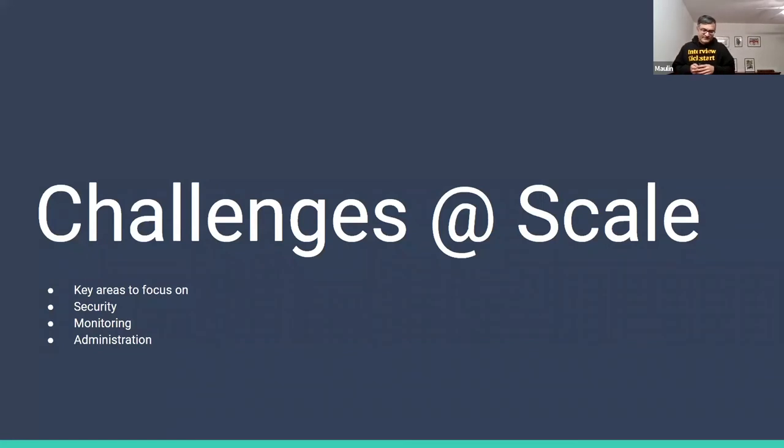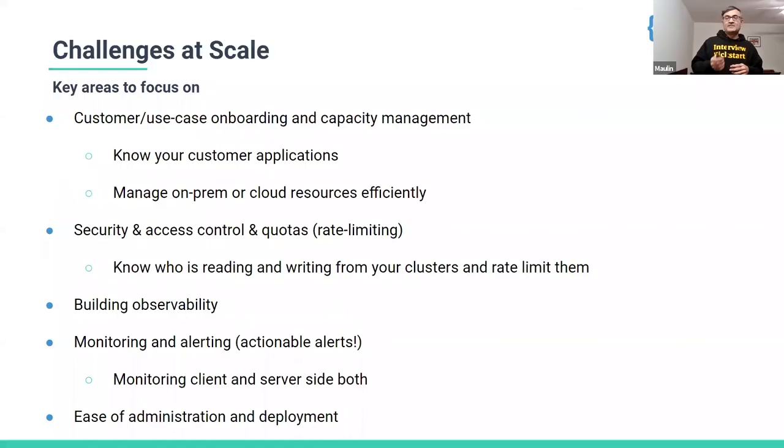So what are some challenges at scale that you need to keep in mind? When you typically start a Kafka adoption in your company, you have one cluster, people are starting to onboard, you have some volume, and things work beautifully for a couple of months. As you start hitting scale, you start seeing challenges. To make sure you are not reacting to the problems after you have already scaled a lot, you need a way to make sure your capacity is going to be sufficient, either on-prem or cloud.